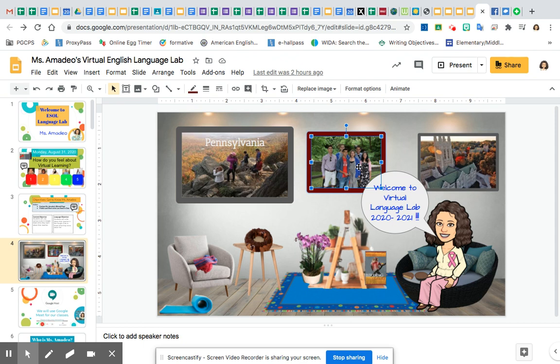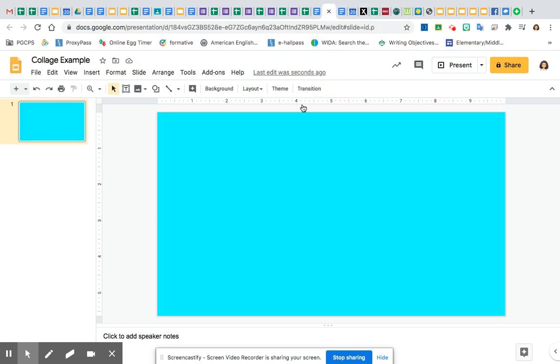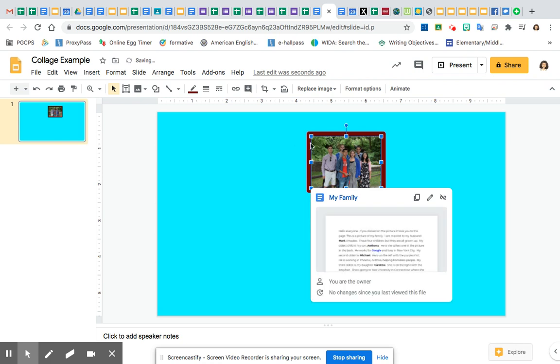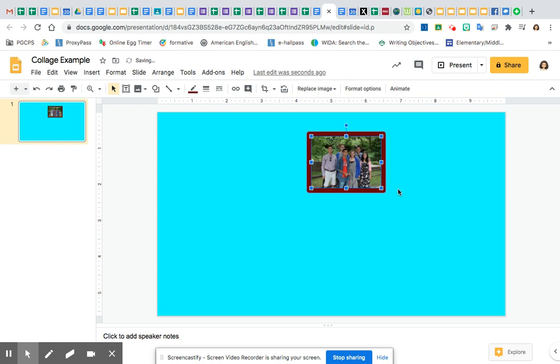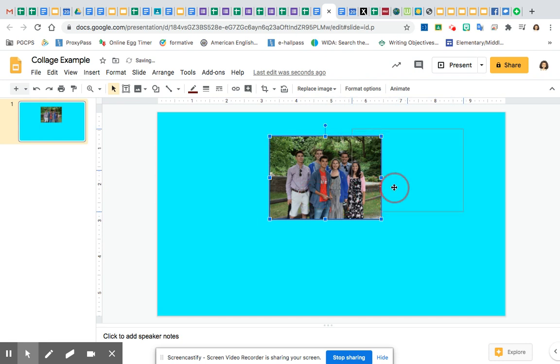So I am going to copy, I'm going to select it, and then I'm going to copy it. And then I'm going to come back over to here, and I'm going to paste it in. Now I don't want that link. And I do want this bigger. Now I don't like that big fat frame, but here we go. I want to drag it by the corner, and I can make it bigger, and I'm going to put it